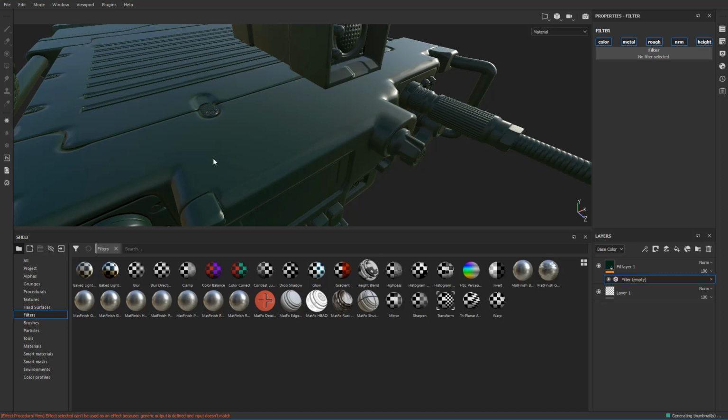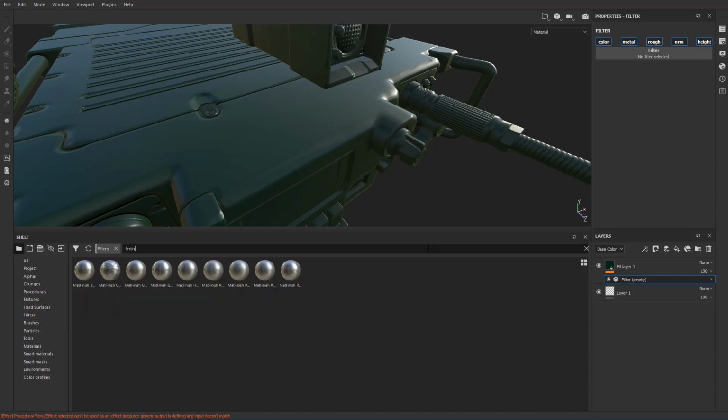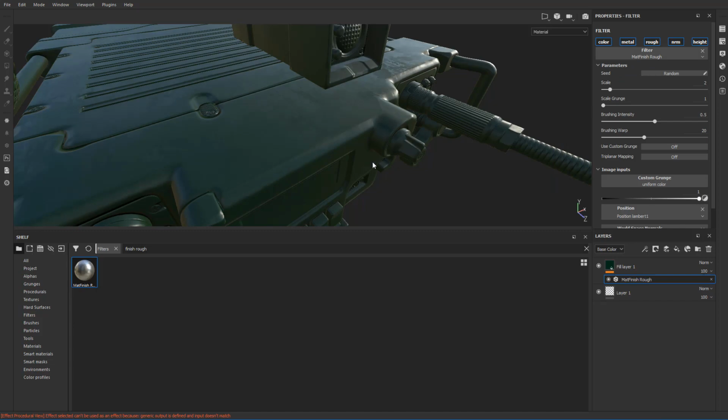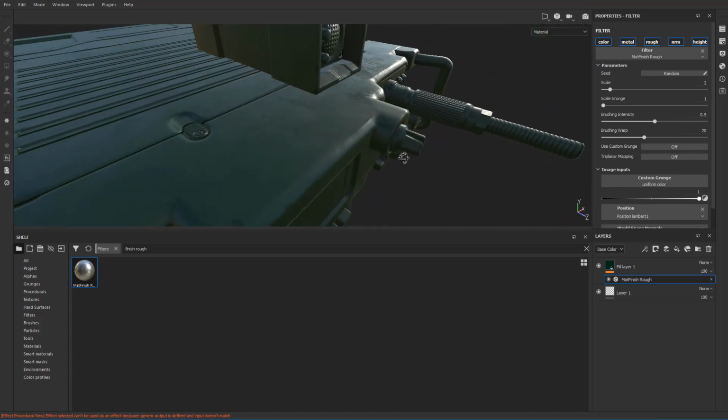And I want to make this a rough material, and there are a few filters for that. So let's just look for finish rough, and then that brings up a filter called Matte Finish Rough, and I can just left click on this and drag it up here into the filter tab, and once I've done that, you can see it actually updates the